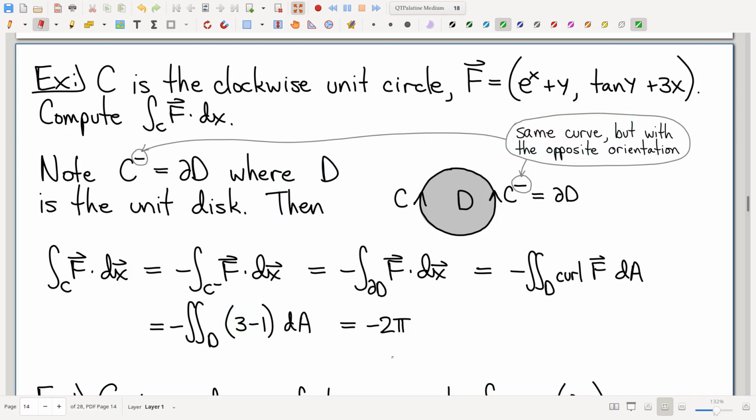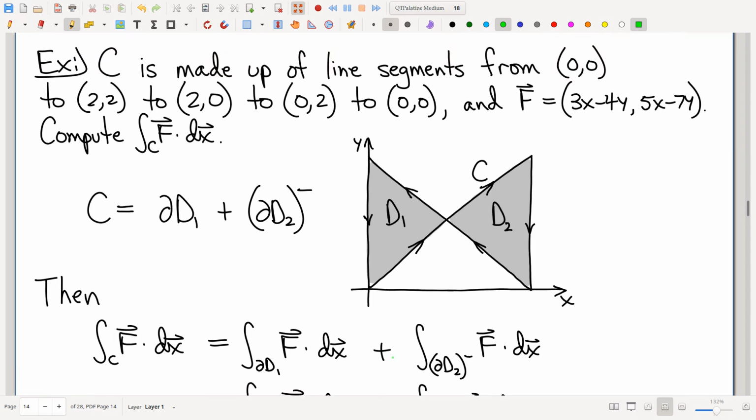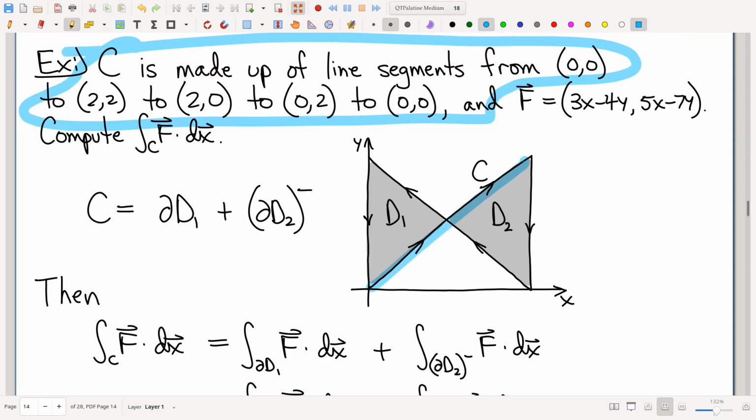Okay, another example. This is a little weirder. We have a curve here that's made up of various line segments. So like that, and then like this, and then like that, and then like this. Let's see here. So I guess I could parameterize all 4 of those line segments. All else being equal, I prefer not to have to do that. It's 4 separate integrals. Not that we can't do it, but let's keep in mind that the purpose of an